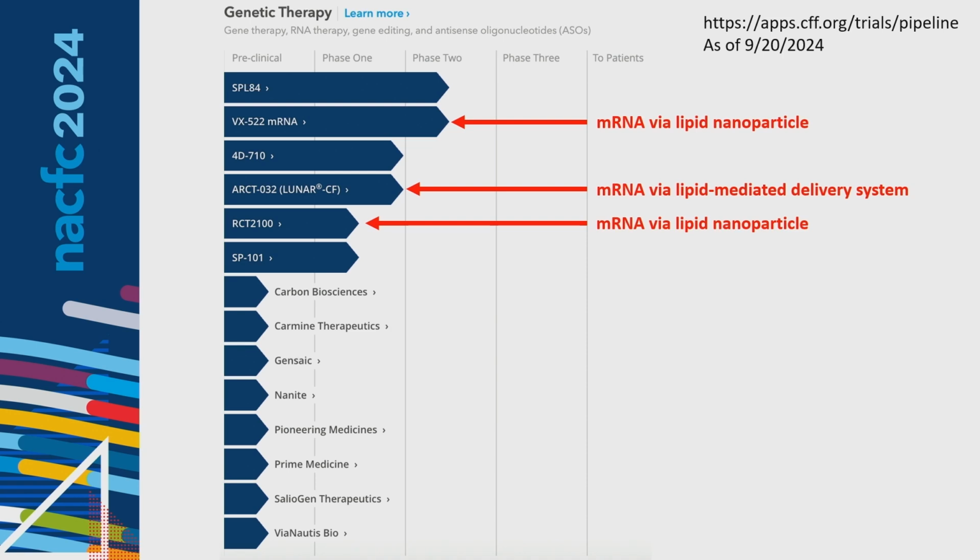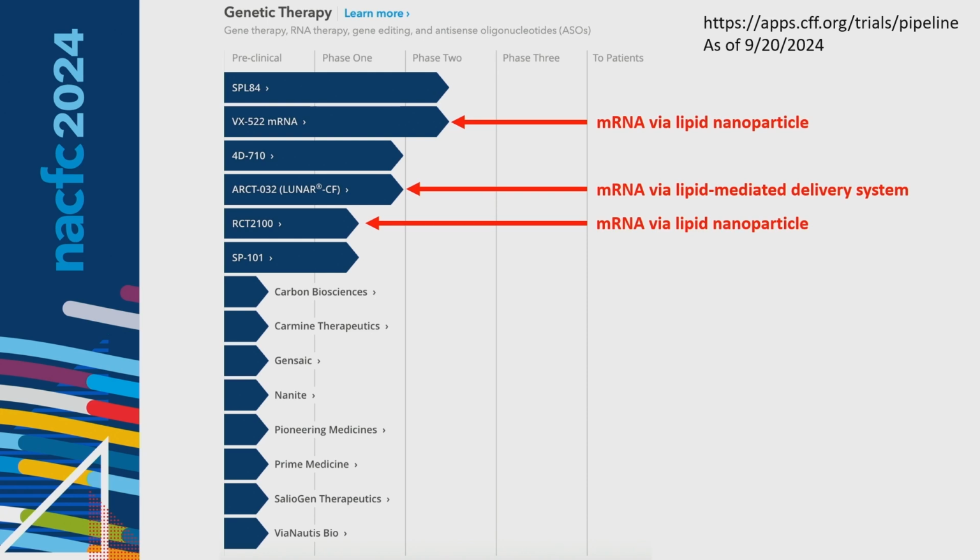I'm only highlighting the things here that are actually in human trials, because all the things that are preclinical, there's so many different avenues being explored that I don't want to pigeonhole any of the ones in the bottom. But the three messenger RNA studies going on right now are VX522, the Arcturus Lunar CF trial, and RCT 2100, so Vertex, Arcturus, and Recode, all using different variations of lipid nanoparticles, lipid-mediated delivery